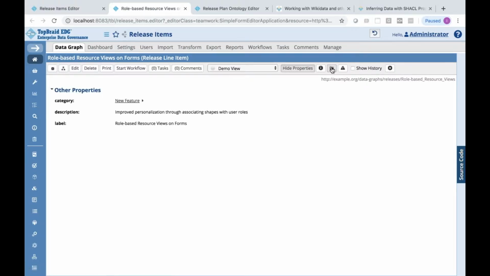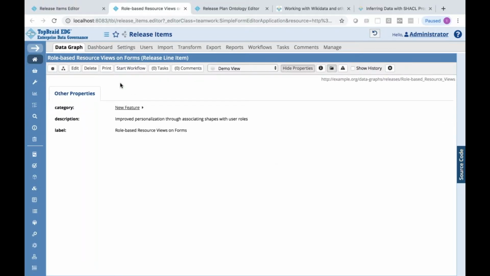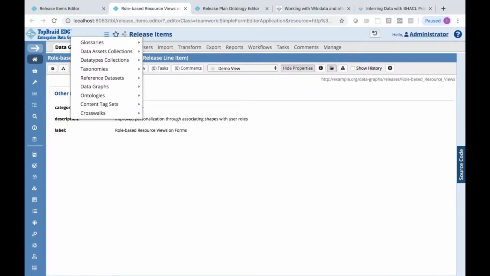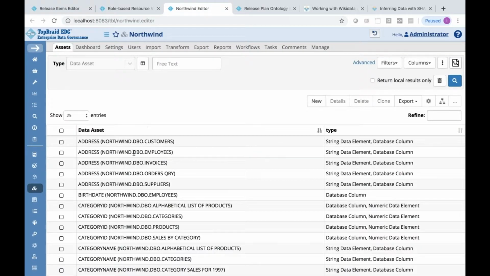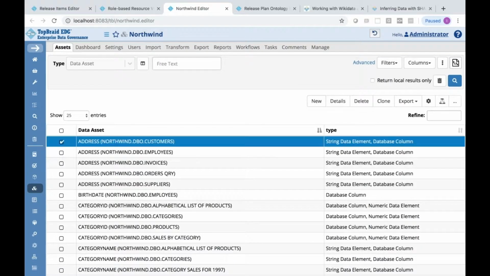And you could switch between the traditional section-based form to the folders form. And this is quite useful if you have a heavy form with lots of sections and lots of information. Obviously, I don't have that here, but if I switch to some other example, let's say Northwind, those forms have a lot of information.